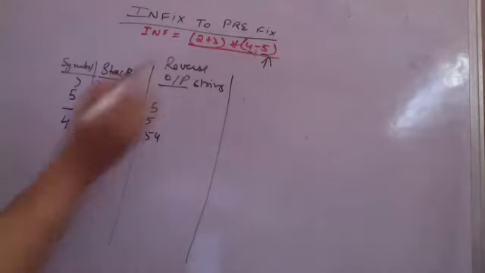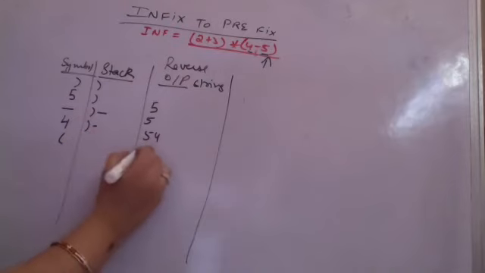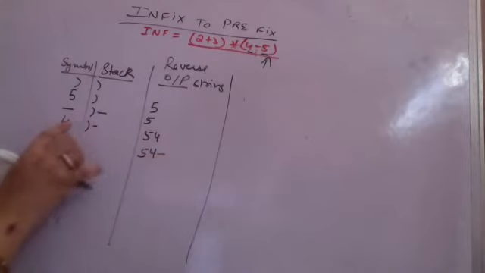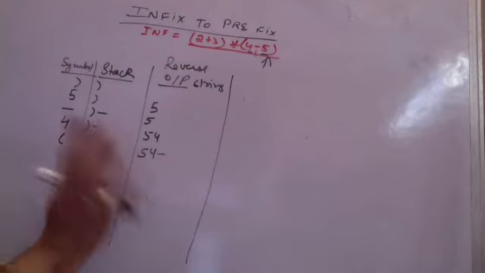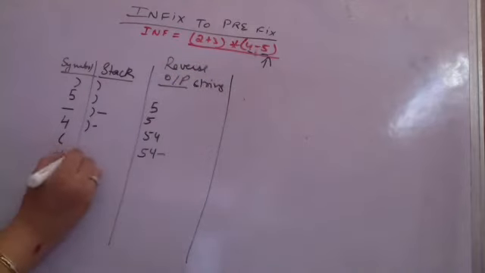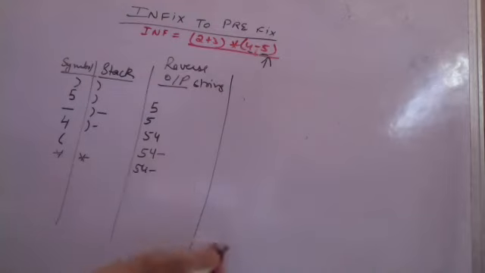Then you are having an opening parenthesis. Whenever you encounter an opening parenthesis, pop the operators from the stack and add them to the output string till you encounter a closing parenthesis. Also pop the closing parenthesis and discard it. So the stack now becomes empty. Then you have an operator, push it onto the stack. Stack is already empty, so you push the operator onto the stack.